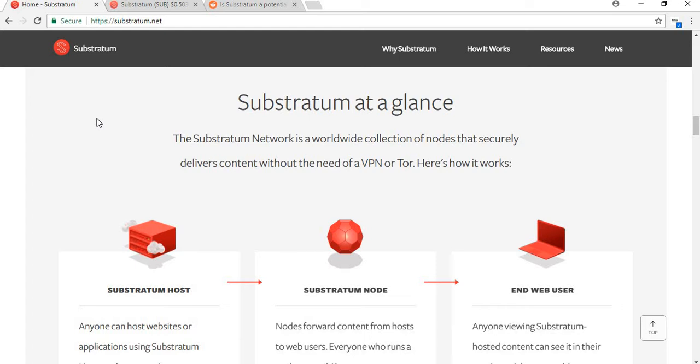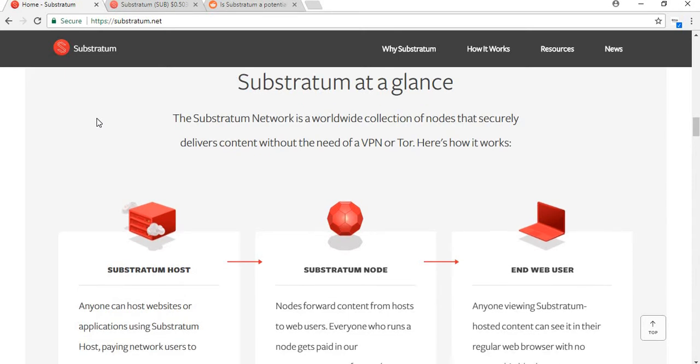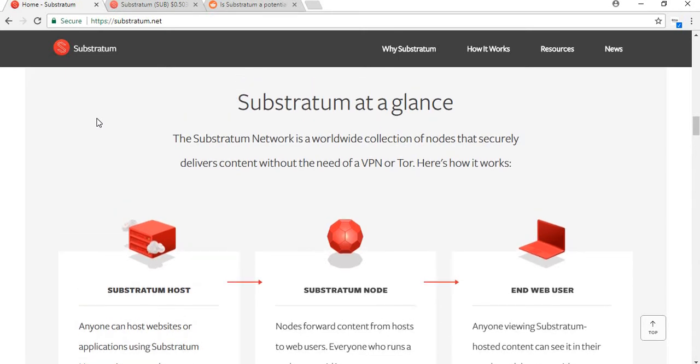So basically, Substratum is trying to create a censorship-resistant, decentralized web. They'll be using computing power by all members that have built up a Substratum node, and allowing people to host stuff, whatever it may be, on the web with no